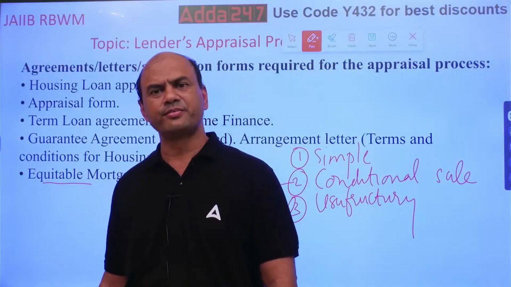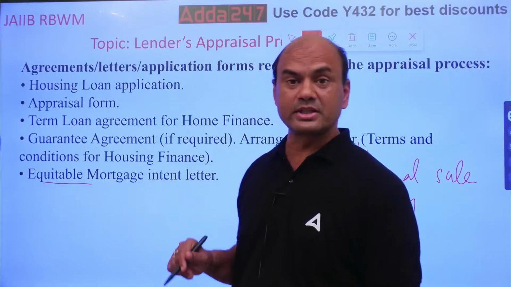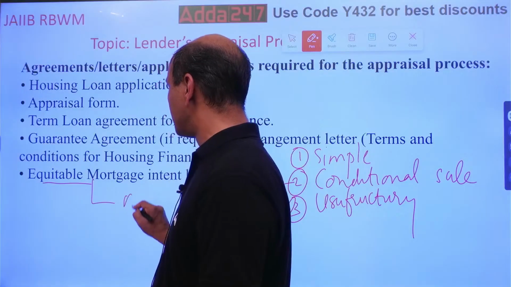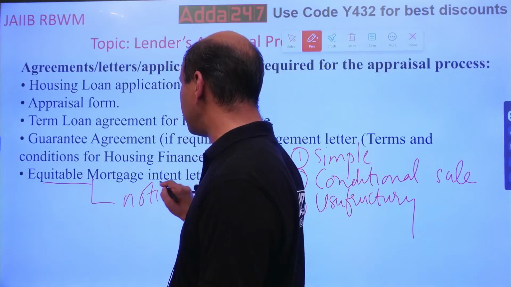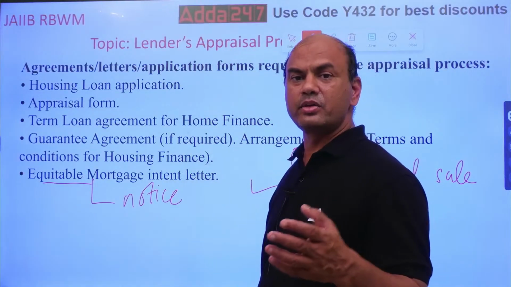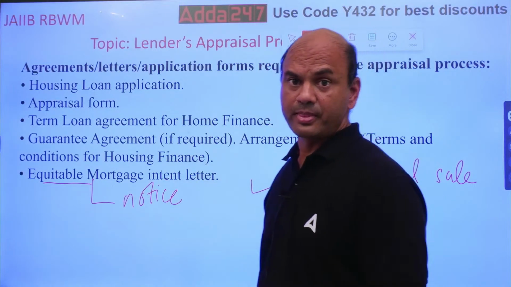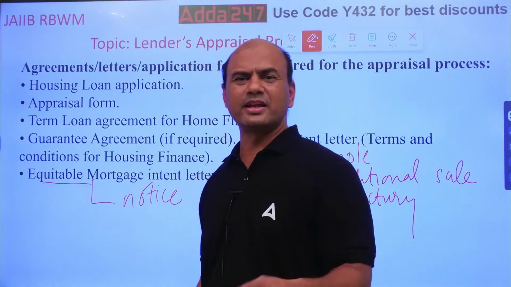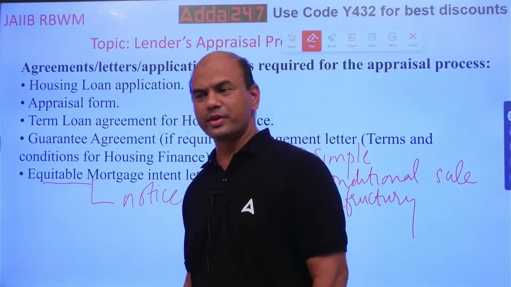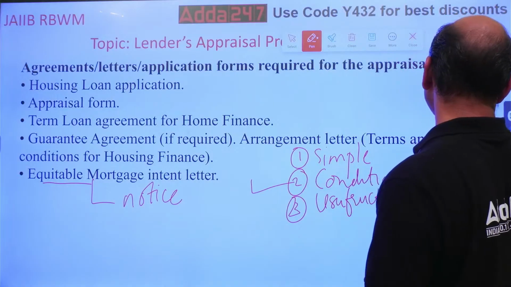Very simple logic. But nowadays what has happened is, even if you do equitable mortgage, you have to give a notice of equitable mortgage to the registrar office for the month. Complete 1 month, whatever mortgages have happened in your bank, you have to give a notice to this sub-registrar and pay the fees also. Of course, we take that in the administrative cost and ultimately that fees is paid by the customer only. So, equitable mortgage. These are the main documents which we take.